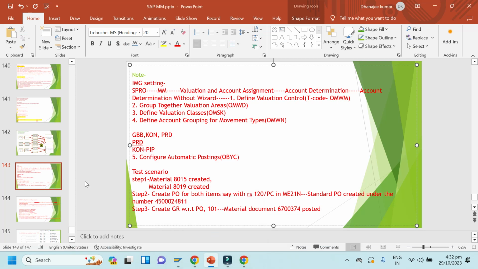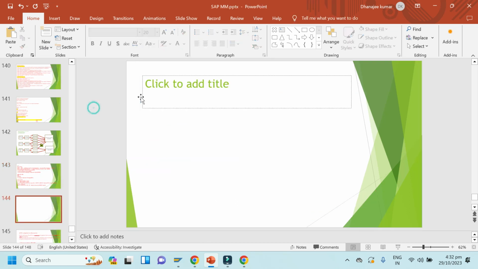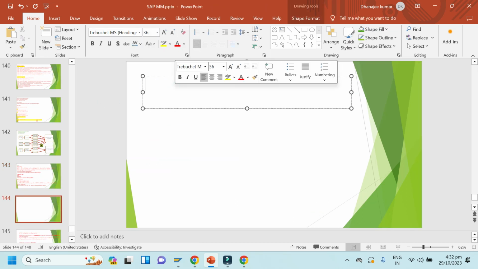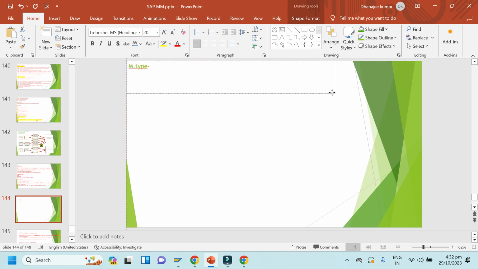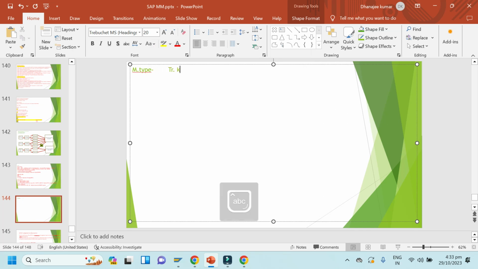That is the scenario. And next thing, I'll just make some notes. Movement type, movement type, transaction key, account modifier.